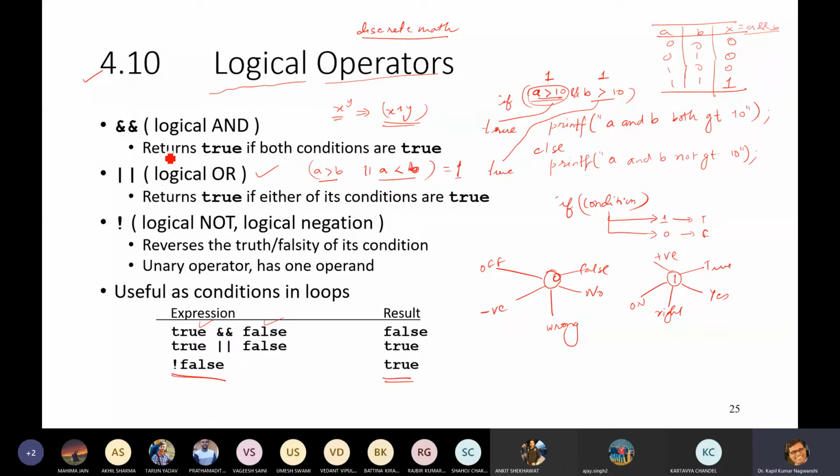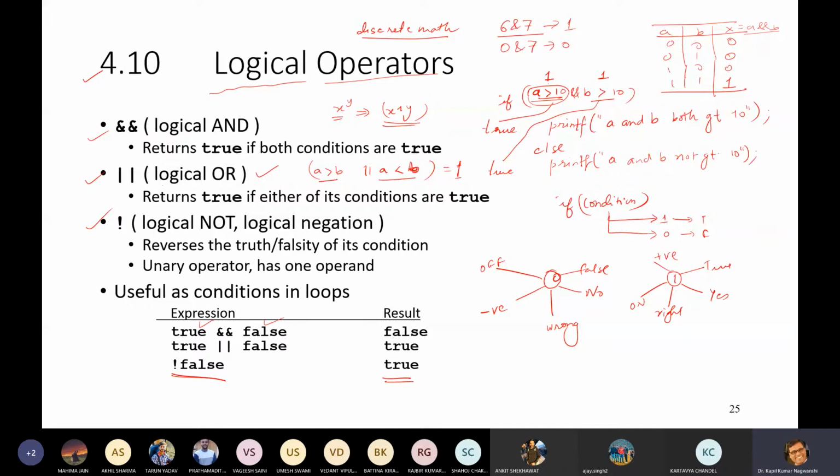Before this, let me show you what the logical operators are. AND is one logical operator, then OR, NOT, and some other logical operators are there. So what do we mean by AND? AND means whatever condition is there. Suppose 6 and 7. Because this number is greater than 0, it will always return 1. But whenever I write 0 and 7, it will give me 0.